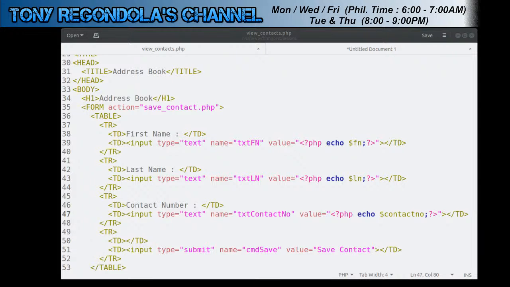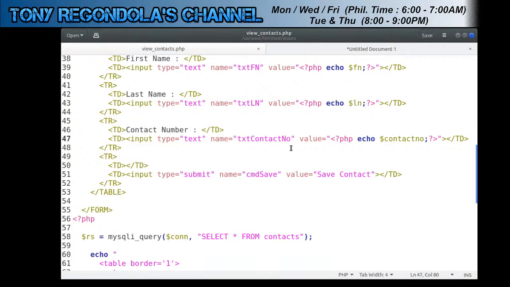So now we have that. So let's check this out. We have now those values, and then once we click the submit button,